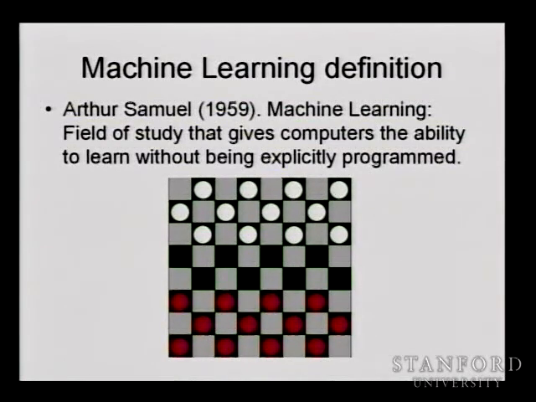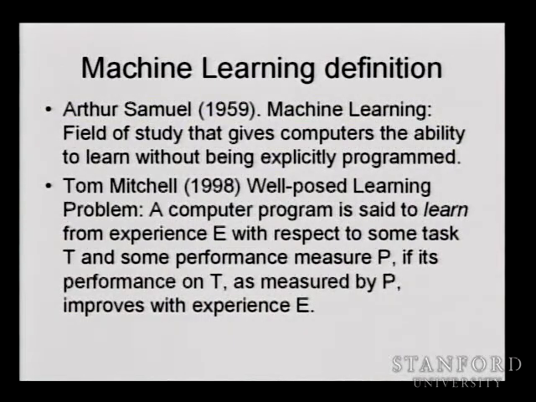Even today, there are some people that say, well, computers can't do anything that they're not explicitly programmed to. And Arthur Samuel's checkers program was maybe the first really convincing refutation of this claim. Namely, Arthur Samuel managed to write a checkers program that could play checkers much better than he personally could. And this is an instance of computers learning to do things that they were not explicitly programmed to. Here's a more modern, more formal definition of machine learning due to Tom Mitchell,